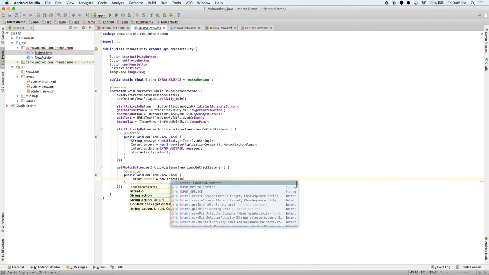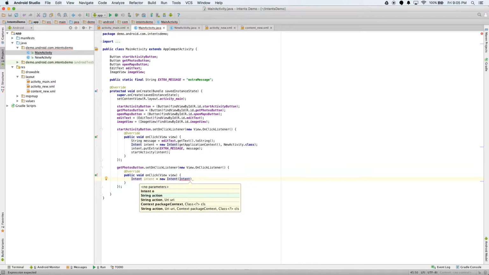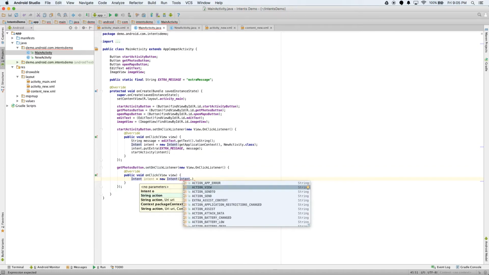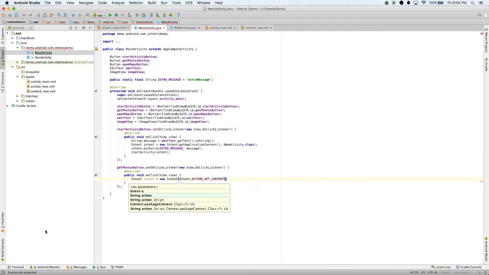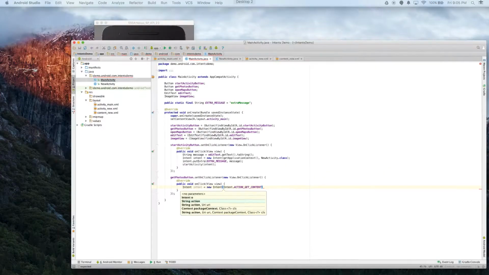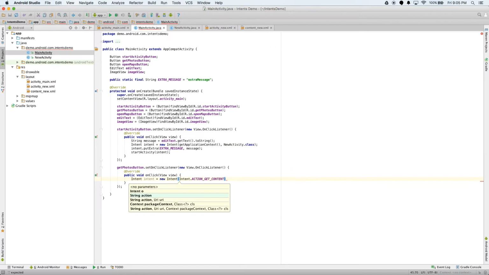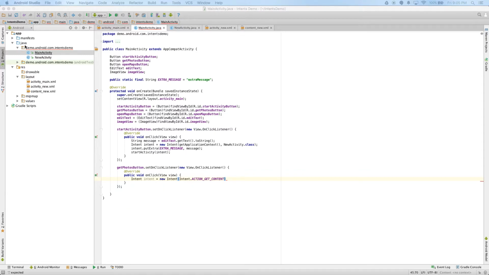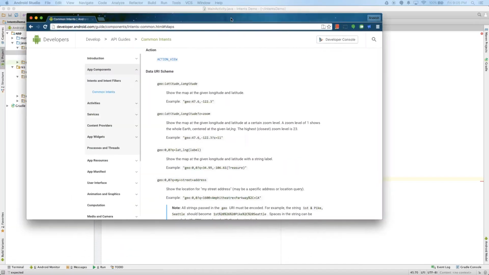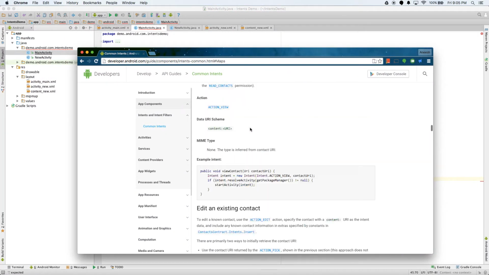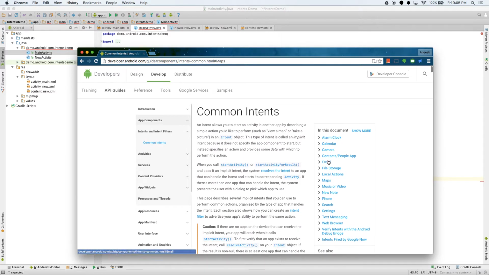You do that, and I'll include resources in the video summary at the bottom. But what you're doing is intent.action. Sorry, it's ACTION_GET_CONTENT. And actually, let me show you the documentation here. It's on the Android site. You can see common intents, and we are doing the